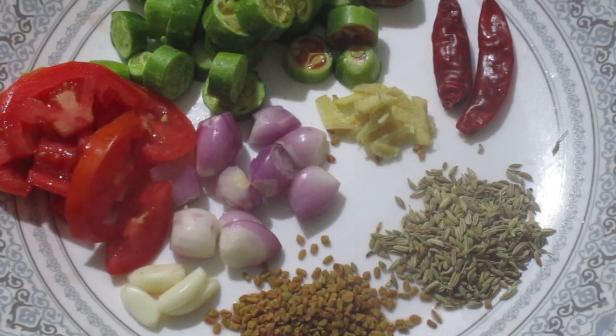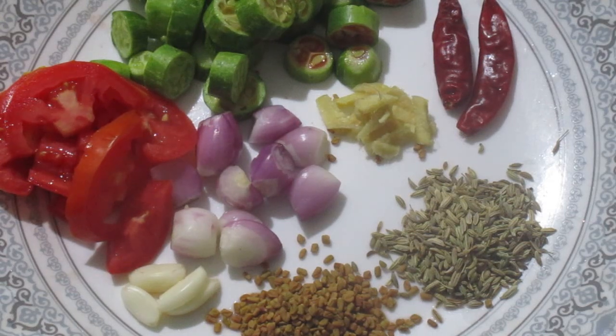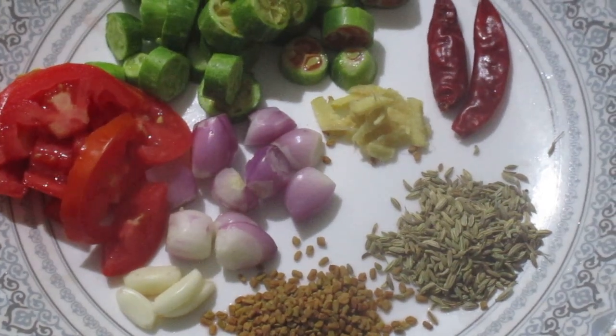Today we are going to make split chickpea Ivy Gourd coconut milk stew. The ingredients are